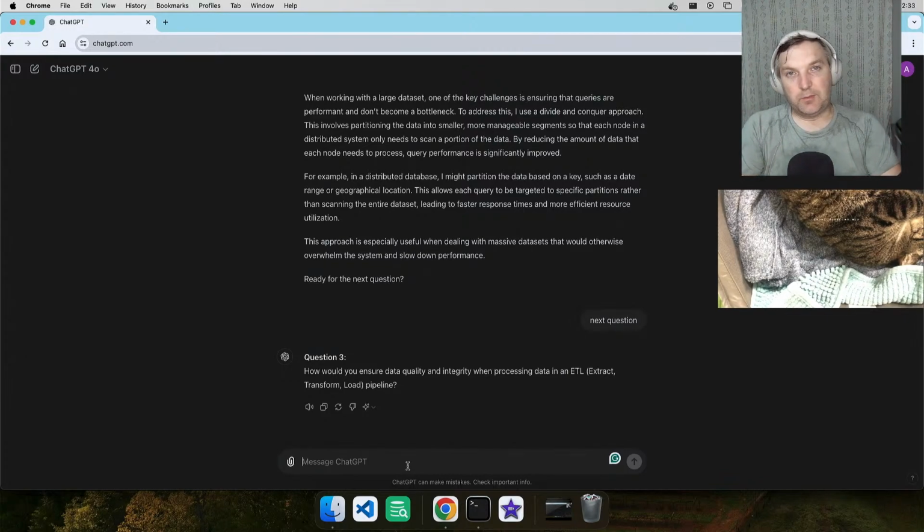So this is an ETL pipeline, right? So you're pulling data from, most likely, some sort of third-party API. So one of the things which I would do, I would make sure that the third-party API is always answering my request, and when it's not able to answer the request, then I would say that the data is not valid. Another thing which I would do, I would run anomaly detection against the data sets from the previous date periods to identify if the data matches the certain pattern that it should.